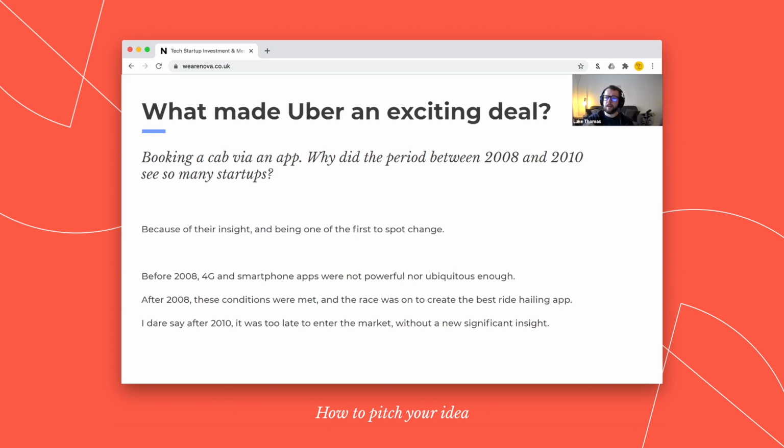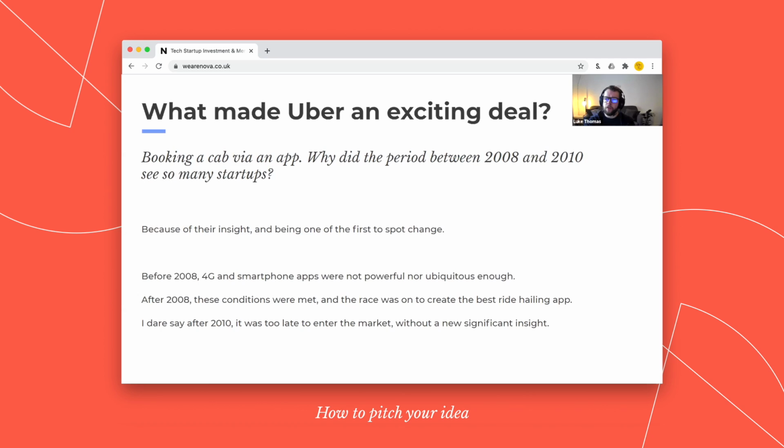It's an early insight as to somewhere we'll be later on, and that's not investable either. So a good way to try and understand what makes your deal exciting is to say, this is how the world's changed. These are the trends we're going to take advantage of. These are the customers we've got. And actually, if we don't move today, this is what's going to happen. Someone else is going to do this, and this is how we know it. That injects the urgency into your pitch to make people act today, rather than to say the easiest thing in the world, which is come back later when you've proven more. So I think have a think about the story you're telling when you pitch.